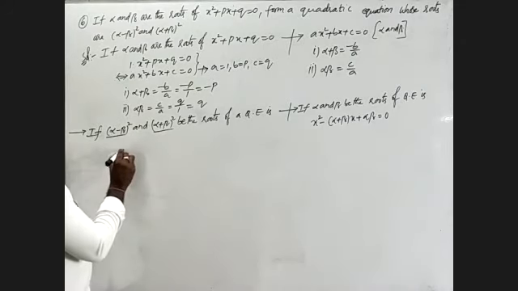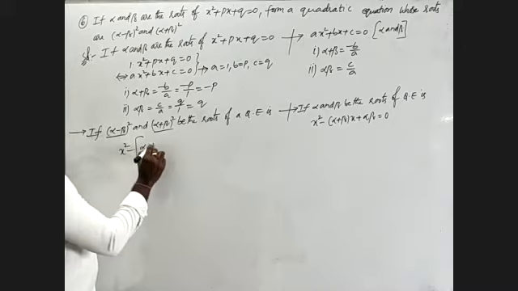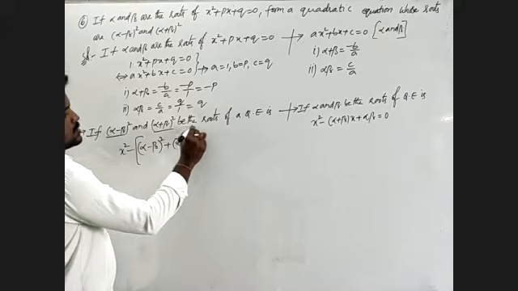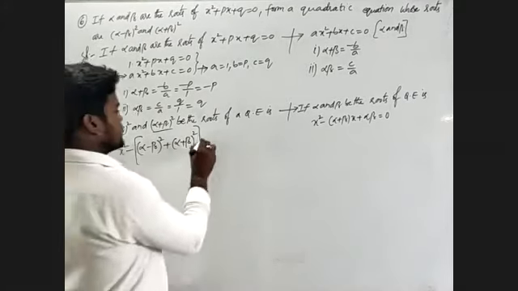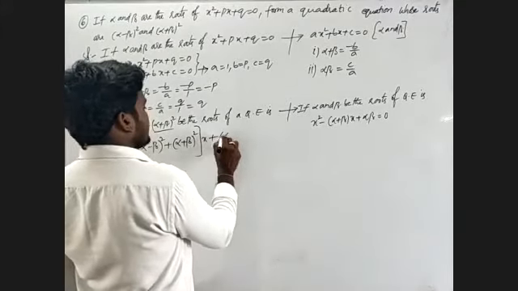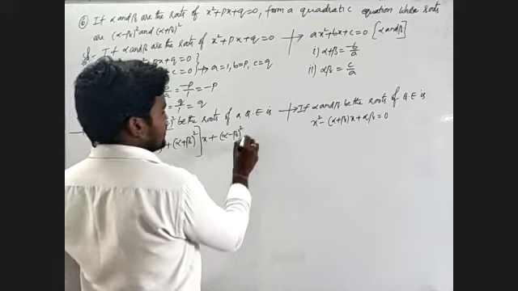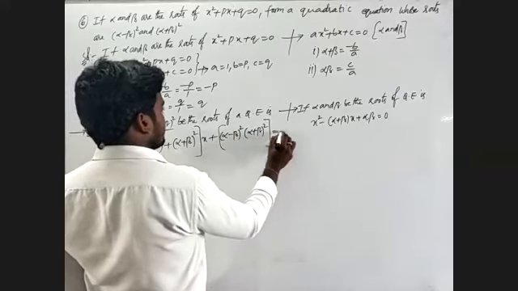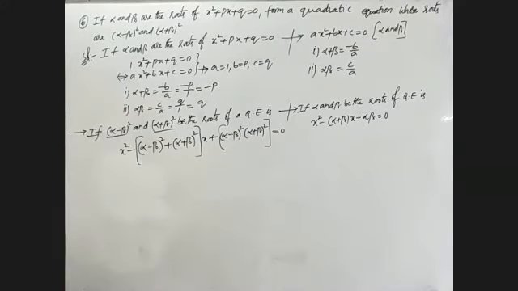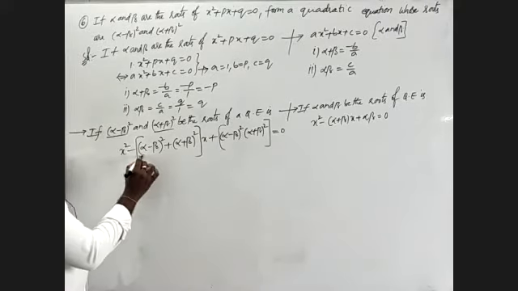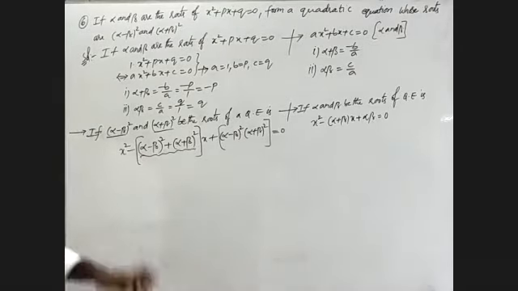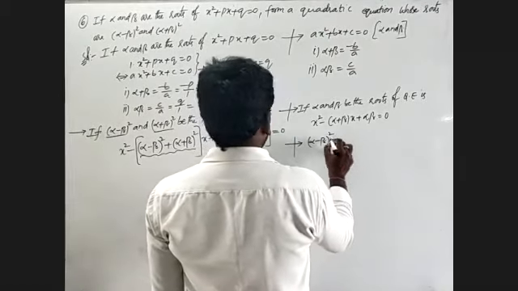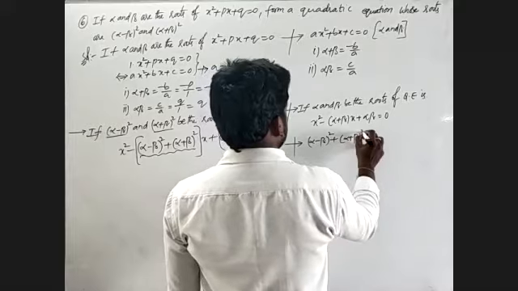That is, the equation is x square minus (alpha minus beta whole square plus alpha plus beta whole square) into x plus, where given, alpha minus beta whole square into alpha plus beta whole square is equal to 0. So I have to find out this one. First we'll find the value of alpha minus beta whole square plus alpha plus beta whole square.